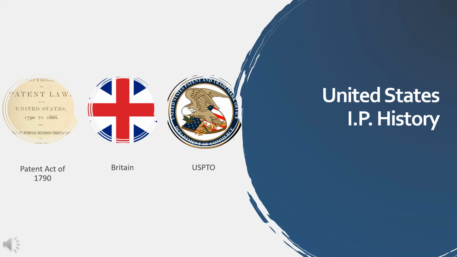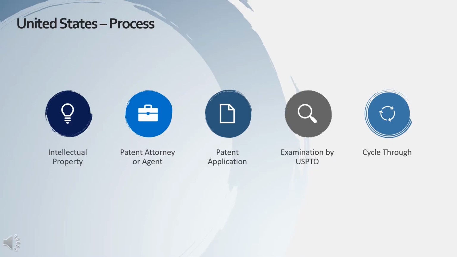For the purpose of this research, the final pivotal change in the U.S. system was the creation of the United States Patent and Trademark Office in 1836. To this day, the USPTO remains the governing body of IPR in the United States. Intellectual property in the United States contains the following categories: patents, trade secrets, copyrights, trademarks, and rights of publicity. The following focuses solely on the patent process at the USPTO.